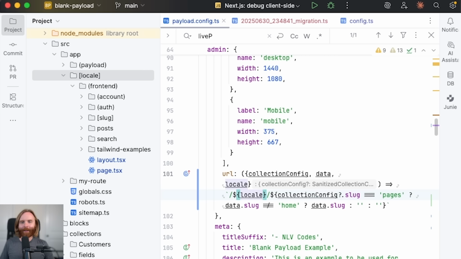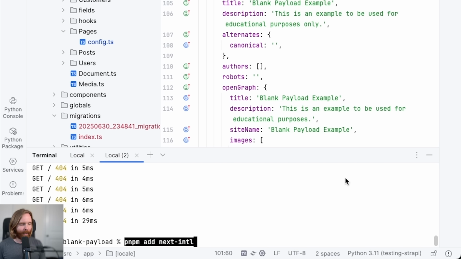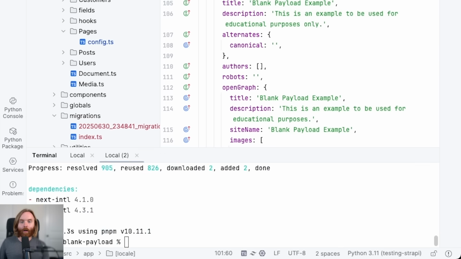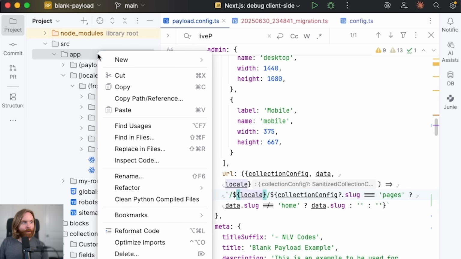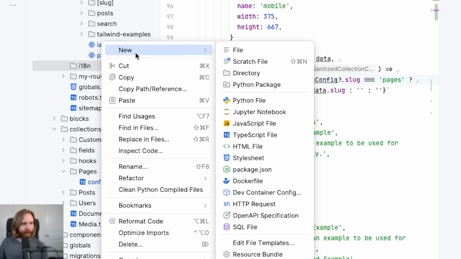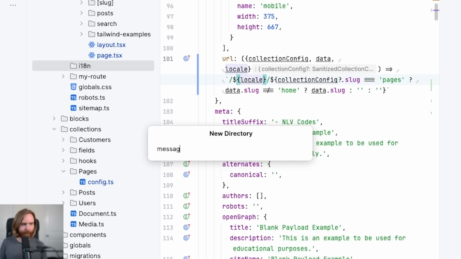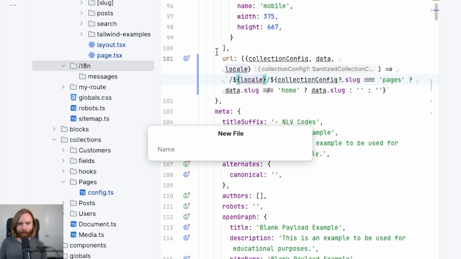Internationalization is a natural companion to localization. We'll be using next-intl by installing this package with npm add next-intl, and I can run that. There are a few files we need to set up in order to use this package correctly. Let's create a new directory in our app folder using the shorthand for internationalization, which is i18n. This will also have a directory inside of it called messages, and we'll also add a new file called